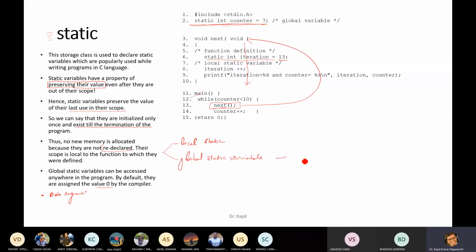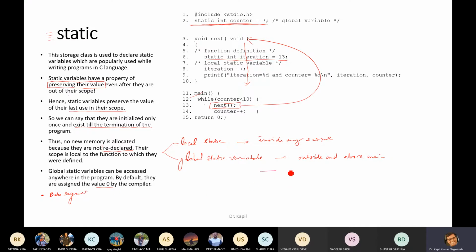It is declared outside main, and it is not inside any scope. Global static variables can be accessed anywhere in the program. By default, they are assigned the value 0 by the compiler.